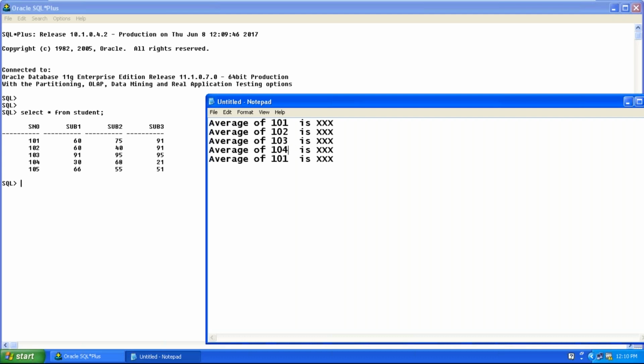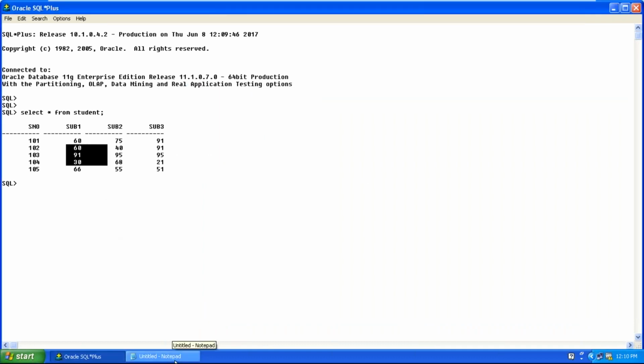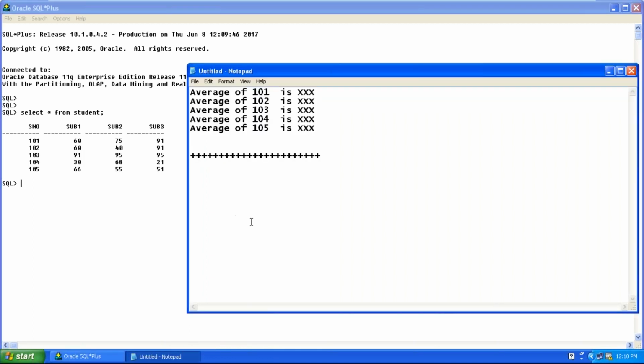Okay, shall I do this, Dilaver? Yeah, we shall do together. So first, if you want to calculate average, you need all these values, so we should start writing a cursor, because you want the average to be calculated not for one record, it will be for all the records.